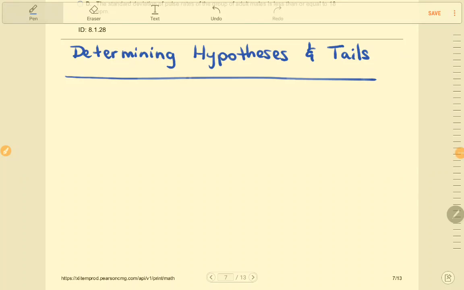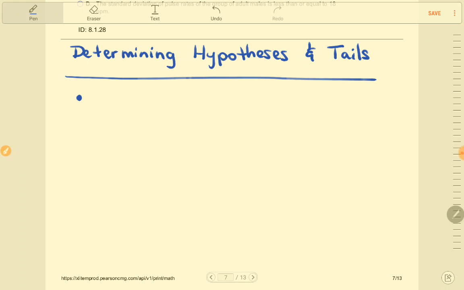Hello everyone. I'm going to go over with you how to determine what your hypotheses are so that you can know which kind of tails your test will have. And I'm also going to touch on how to know which symbols to use for a parameter in different scenarios, for examples. So let's start off with just discussing a few things that we need to know about setting up